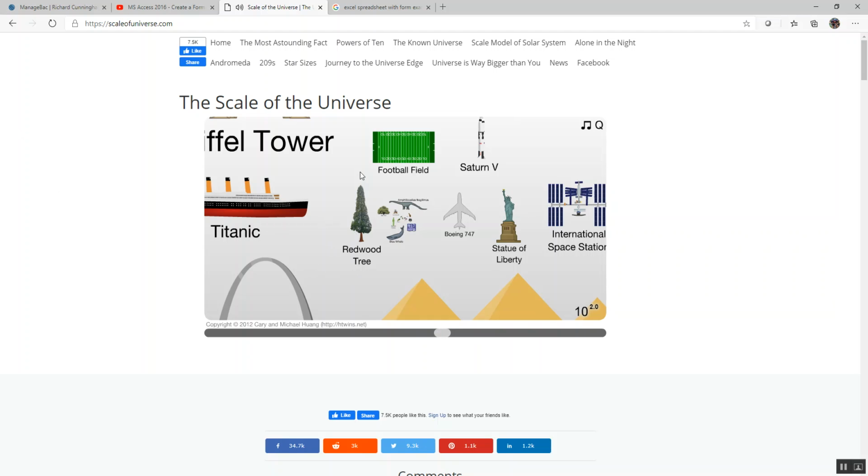So we've got the redwood tree, which is 100 meters, a Boeing 747, roughly about 100 meters, and the International Space Station. Again, the number 100, it's not a big deal. We can easily write 100. It's not any quicker to write 10 squared, but if we keep going,